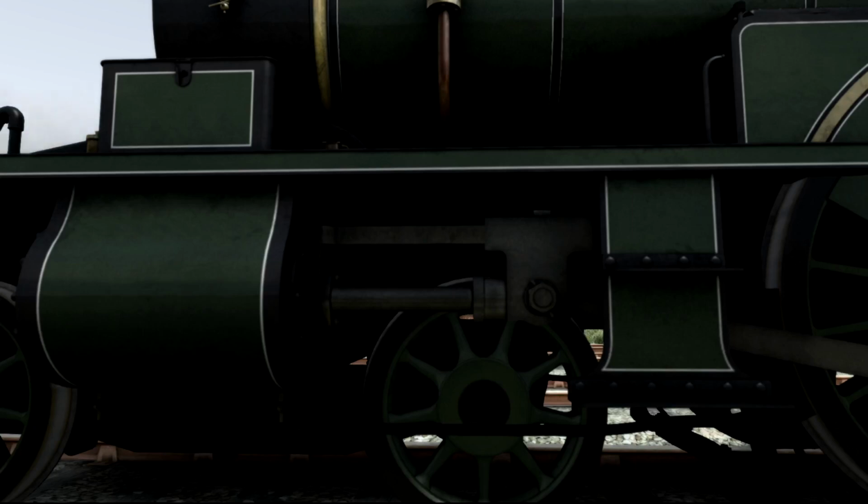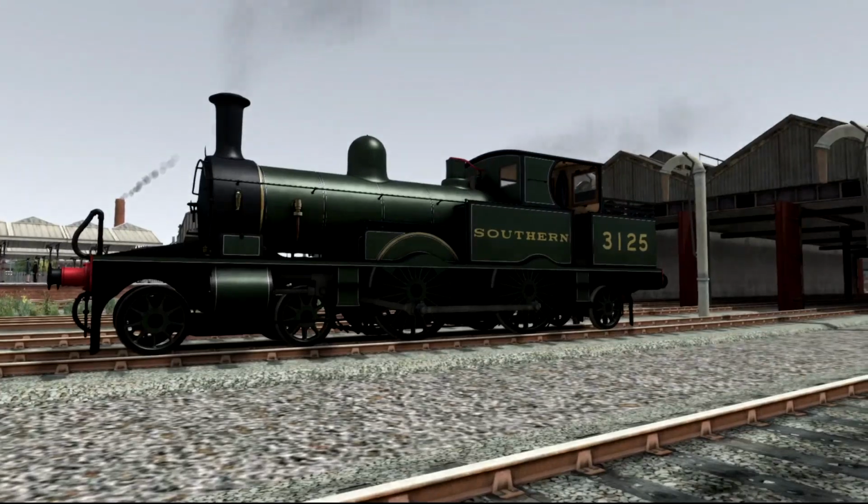Now, these engines were built for commuter service, which you can kind of see in the design. Small, lightweight, and fast. However, with the Adams O2s and the M7s and other such tank engines, these engines were moved way out in the sticks. And then they slowly started being withdrawn. And at this point in the Southern career that these engines would have had,